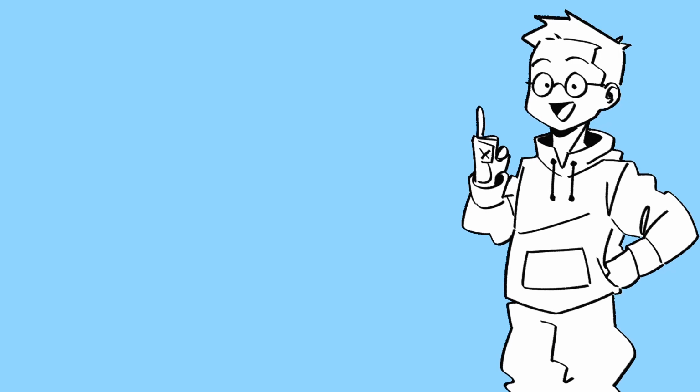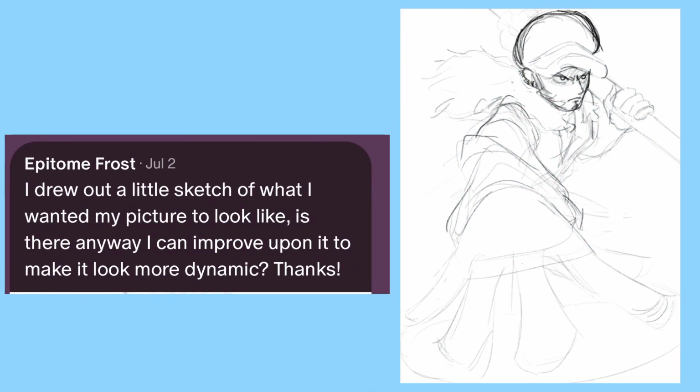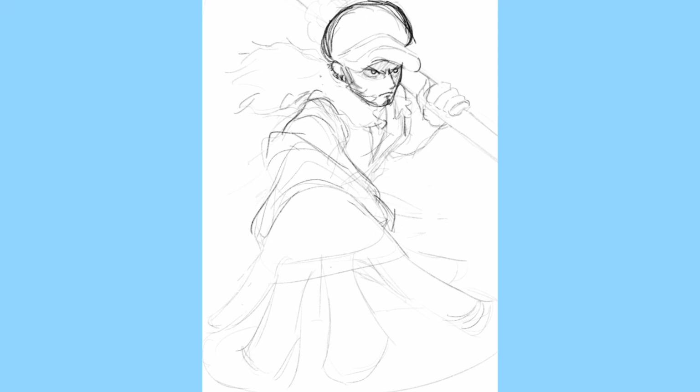So now that that's out of the way, let's take a look at our first submission by one Epitome Frost. And Frost says, I drew out a little sketch of what I wanted my picture to look like. Is there any way I can improve upon it and make it look more dynamic? So after looking at this drawing and reading your inquiry for the first time, Frost, the first thing that comes